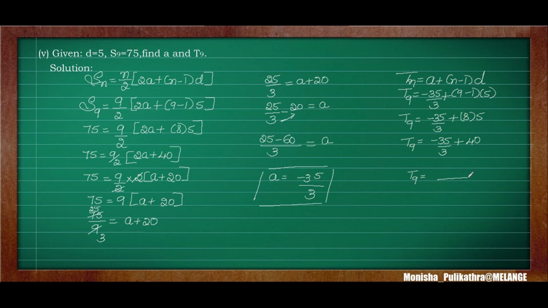So next here the LCM will be 3. So denominator and LCM are the same. So we need to retain the first numerator. Next 4 3s are 12. So 3 into 40 is 120. So when we subtract 120 minus 35, it will become 85 divided by 3. Okay, so you can subtract here. So we can take carry. So 10 minus 5 is 5. So 11 minus 3 is 8. So 85 by 3. Okay, so this is the value for T9 and A.